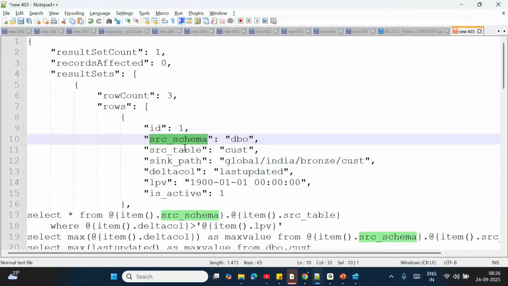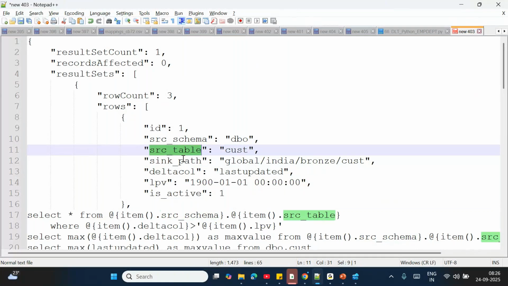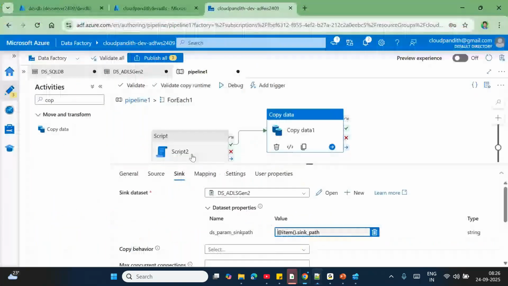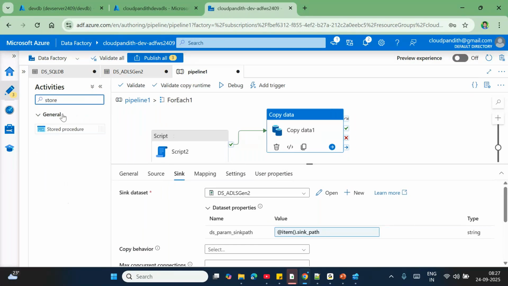We are using a source schema, source table, delta column, last crossed value to form the query and to fetch incremental records. Similarly, I am using item.sync path at the target site to load that particular incremental records in the target site. After that, we will be using a stored procedure activity